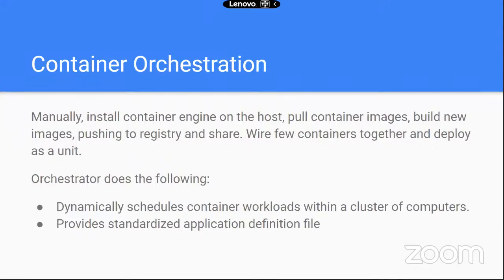So manually, you install a container engine on the host, and then pull container images, or build new images, and push them to a registry and share. Then in order to run the containers, you run a docker container run command or a docker run command. And if you want to run multiple containers, you will have to run the same command again and again